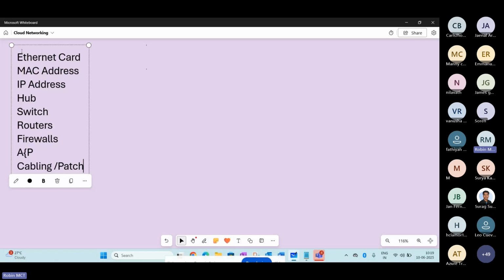So we understood that if you want to enable any of the resources here, there are different physical components available, and with the help of those you can configure it here.